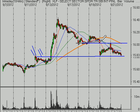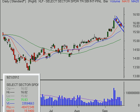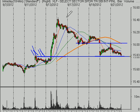We broke support at $16 a share on Thursday, and then came down to the prior level of resistance at 15.80. 15.80 is actually a pretty decent sized number to look at because it was the top of this range here. Anyways, we want to see 15.80 hold. If 15.80 fails to hold, then perhaps we're headed towards 15.50,